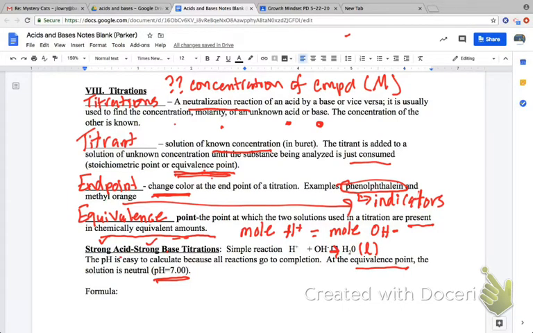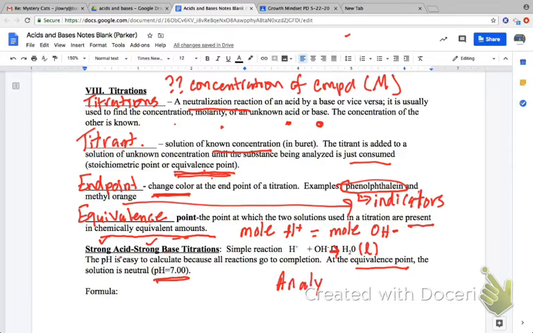All right, so that's what we're going to be looking at today, strong acid, strong base titrations. If you watched the video that showed the titration, these words that we talked about today should sound familiar to you. Titrant and burette, that would have been seen when you watched the video. Another word that was mentioned in the video was analyte,